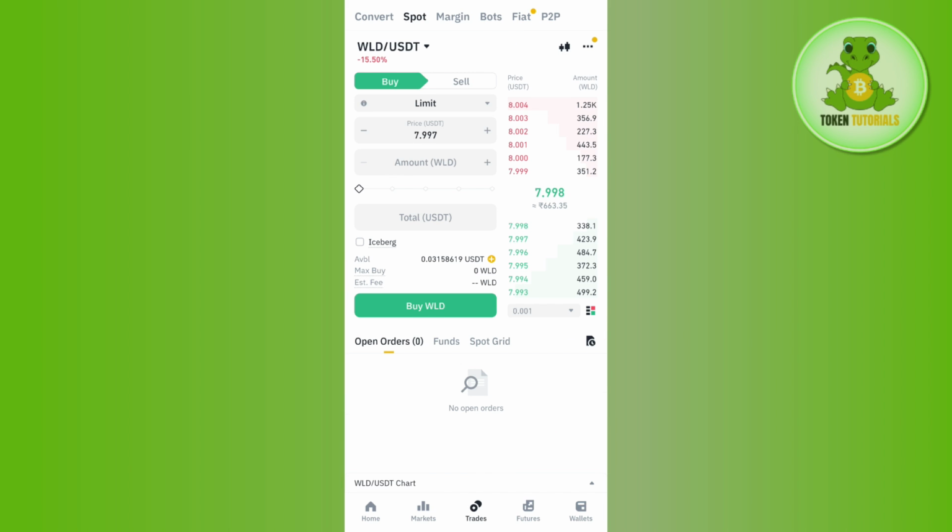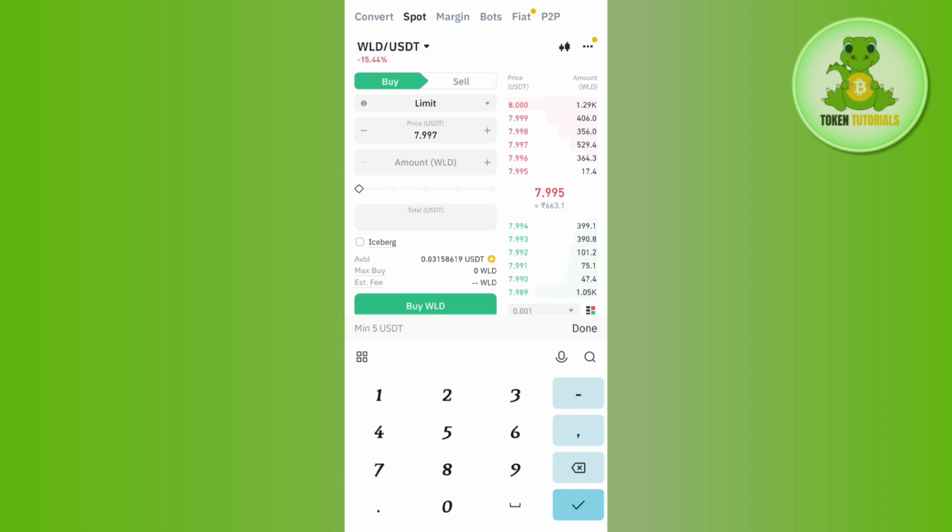buy and then you will be redirected to this buy page where you are going to see the current price of the WorldCoin. So over here you need to enter the amount of USDT that you want to spend in order to purchase WorldCoin, and then it will show you how much WorldCoin you will get if you spend this much amount of USDT. You can even use this slider in order to automatically get the USDT from your account,